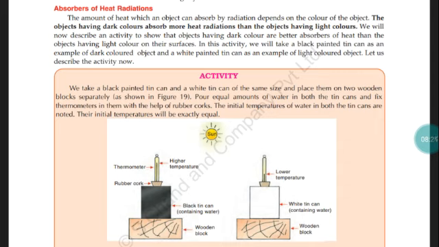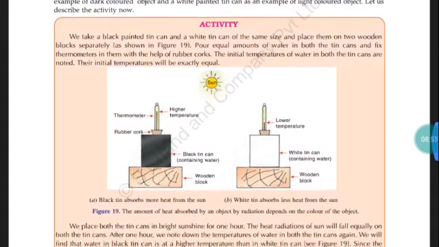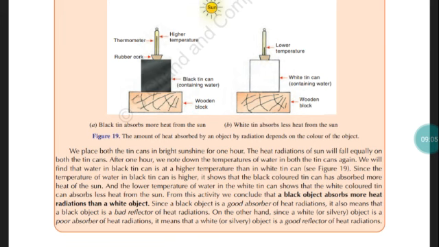Now, have you noticed that during hot summer days we mostly wear light clothes, light color clothes or white clothes during the daytime? Why is this? Because objects having dark color absorb more heat radiation than objects having light color. Here is an activity which shows that. You can read the activity also to understand.